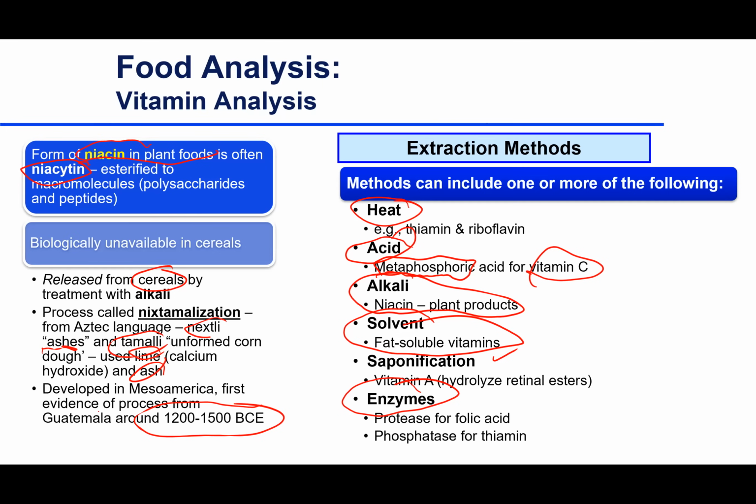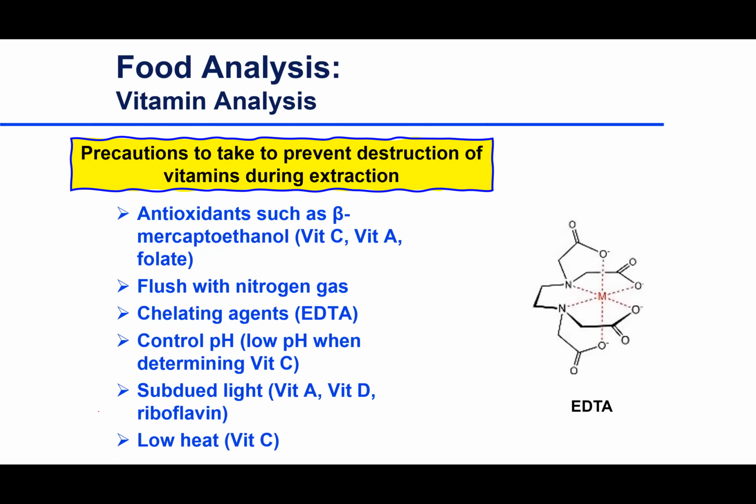Well, if you're going to analyze the niacin in a cereal, you have to do the same thing. You have to release it. And so you use alkali and heat to do that. Okay. So when you analyze these vitamins, in some cases more so than others, you have to take certain precautions